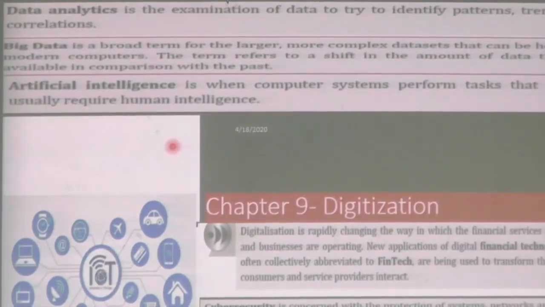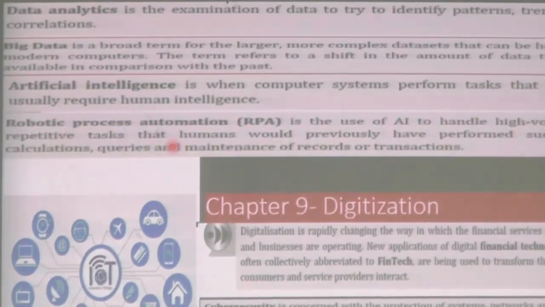Then what is artificial intelligence? It is about the computer now doing what you are capable of doing. That is where some people say that in future, if you are an accountant, unless you acquire this new skill, the computer will slowly take this over, because the computer is going to mimic human intelligence.